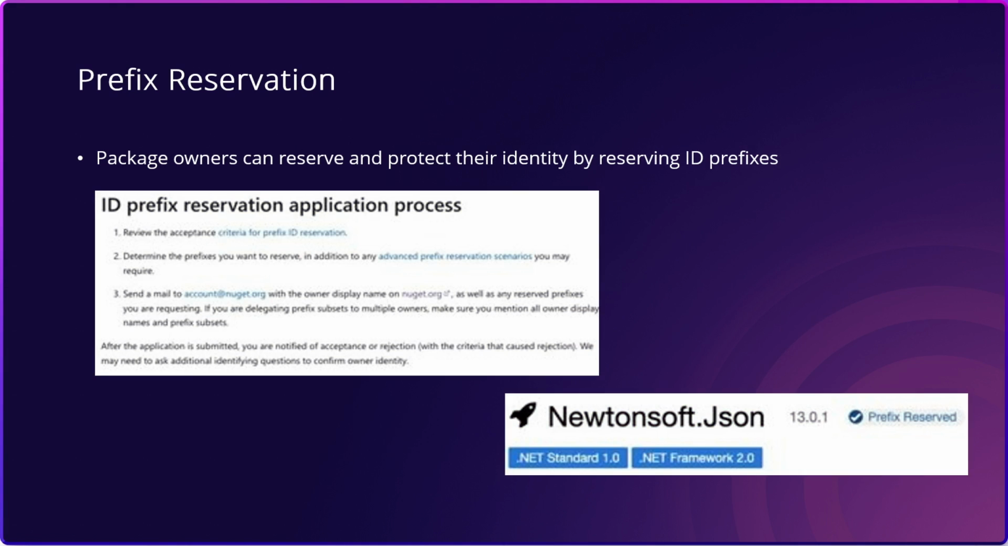Next, another way that package authors can communicate trust is through applying for prefix reservation. This is a way that a package owner can reserve and protect their identity, and also communicate trust to their users. Each request is individually reviewed by the NuGet team. To learn more about the process and to request prefix reservation for your package, be sure to check out the